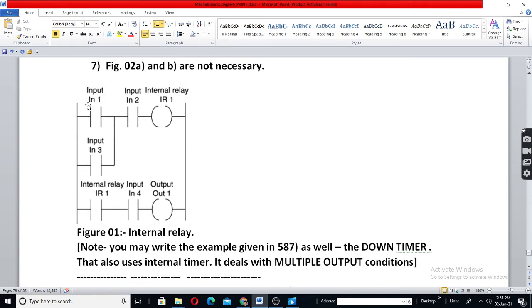See, for an input condition, you have reflection at the input, and that value is stored in the memory. According to the program, output bits are stored in the output table. Means memory only, you have a separate table. Like in the kitchen, you have a cooking vessel kept on the gas stove. Then you have kept it on the dining table.